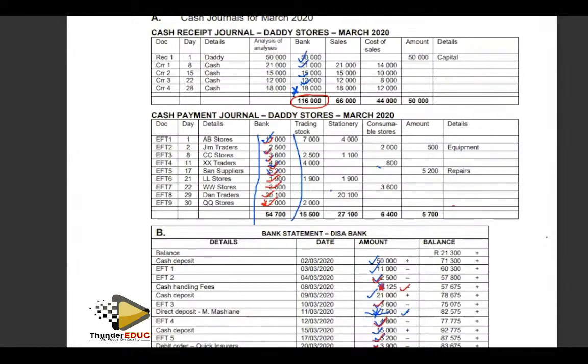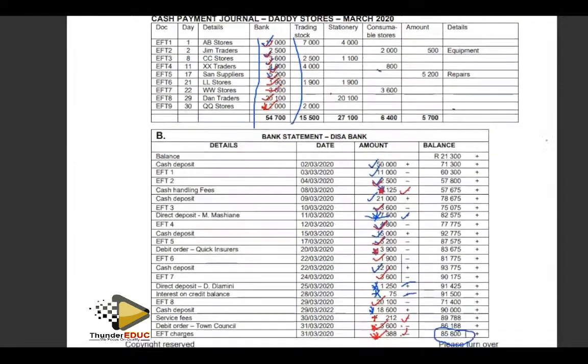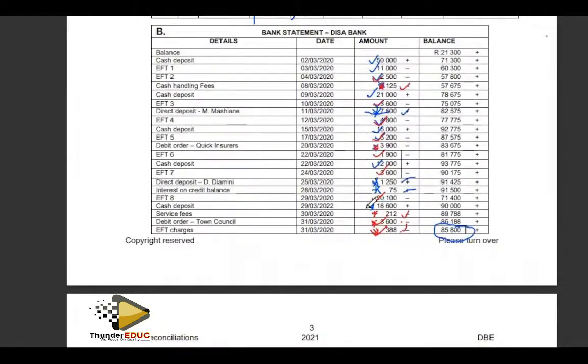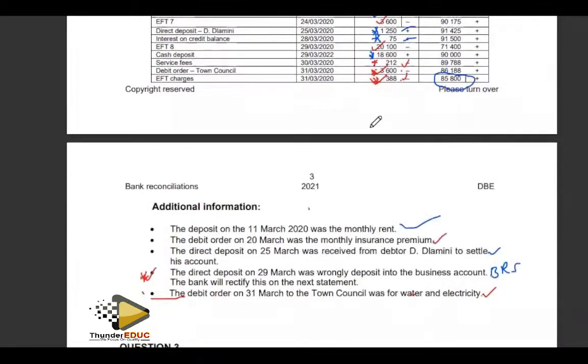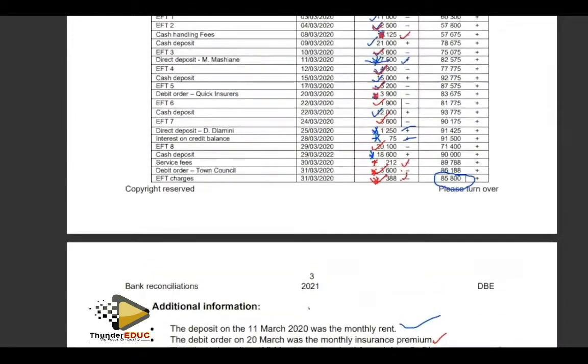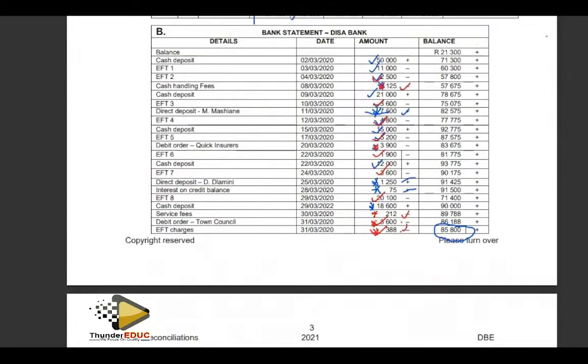Then when I check my bank statement, everything has been dealt with, okay? So additional information, everything has been dealt with. So it means that now I'm done with everything. So what am I supposed to do? Now I have to go and start adding up my totals. Let me go to the reconciliation here,